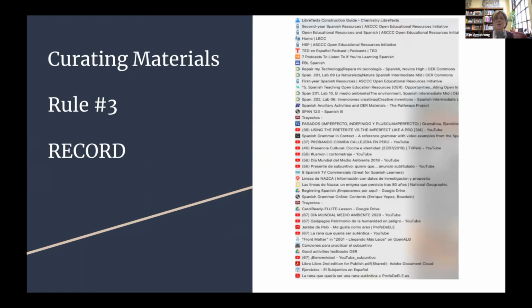You always think, I'm going to be able to come back to this with no problem. And I completely forgot where it was. So we really talked about keeping good records, bookmarking everything in a folder that is only for your OER project. And then on the next page,